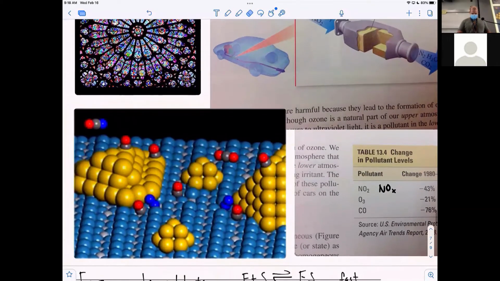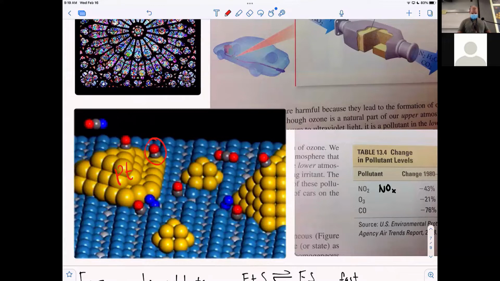But this is an image of what it would look like. You have the platinum surface or palladium surface, and you had these clusters. I'm sorry, this is not platinum. This is the zeolite, and it's kind of like a honeycomb-like structure, and then you have these islands of catalyst, and then the